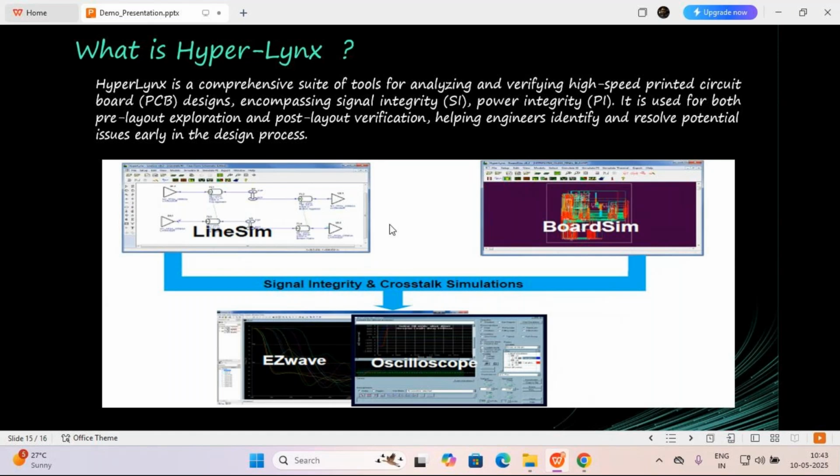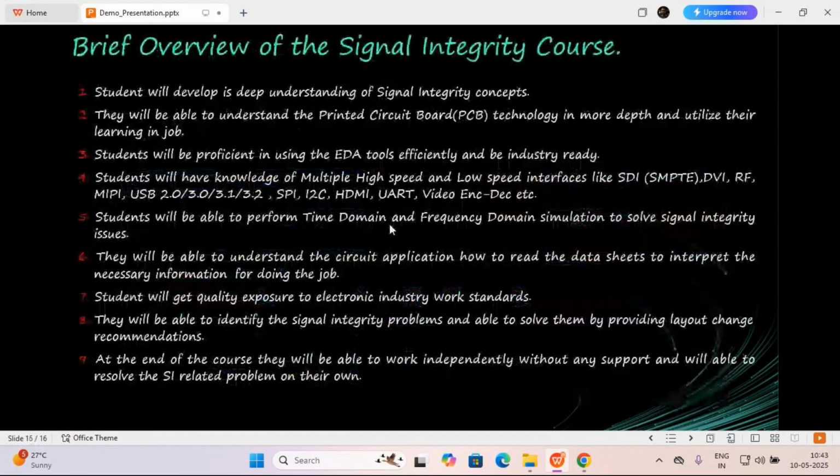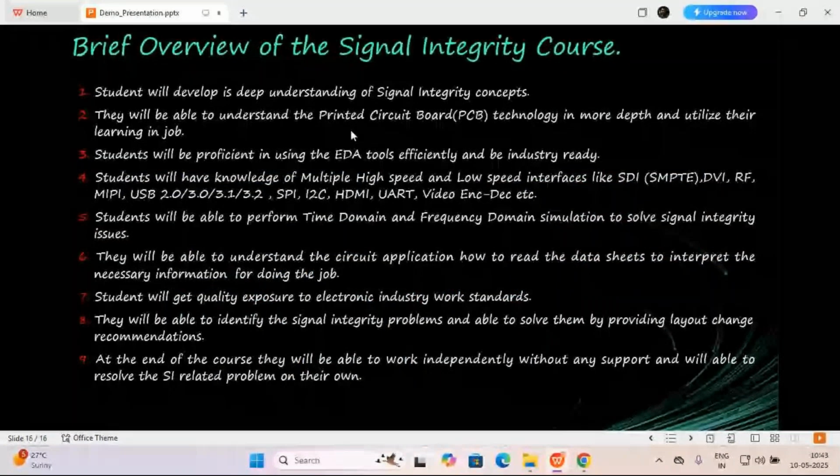Okay, this is the overview of the signal integrity course. It is also to start your career. If you want to start a career in electronics,